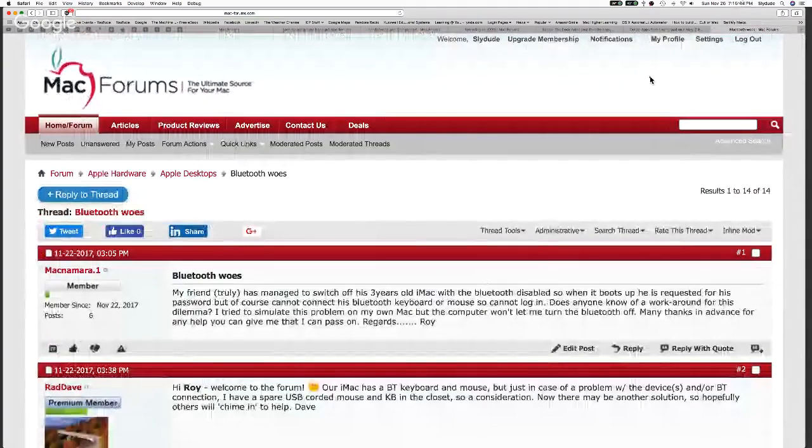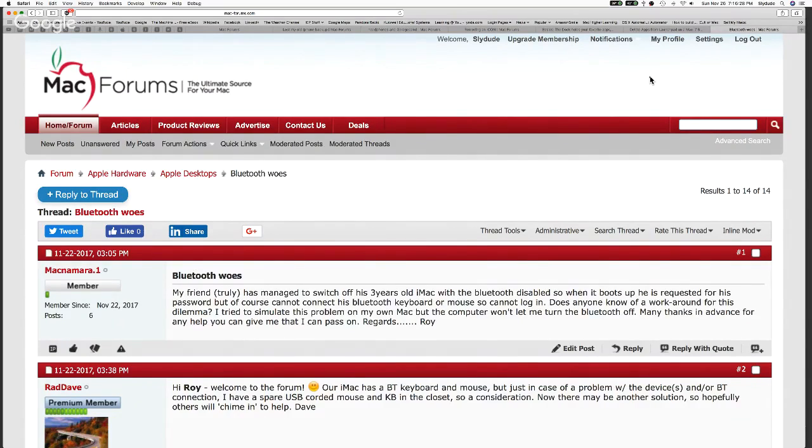McNamara 1 was mentioning some issues with Bluetooth. And for some reason, Bluetooth on the system had gotten disabled. So it was not recognizing a keyboard, and they could not input a password or anything of that nature. Now, a lot of the newer Macs ship with Bluetooth keyboards. And even my 2008 MacBook Pro can take a Bluetooth keyboard, has Bluetooth built in. So Bluetooth has been around the Mac for at least a decade.